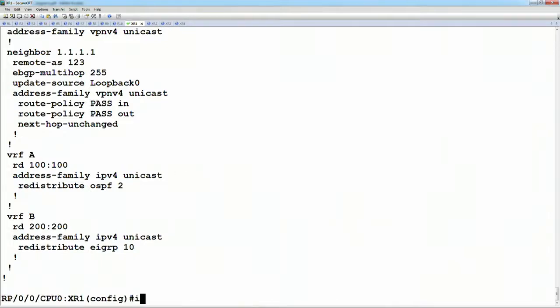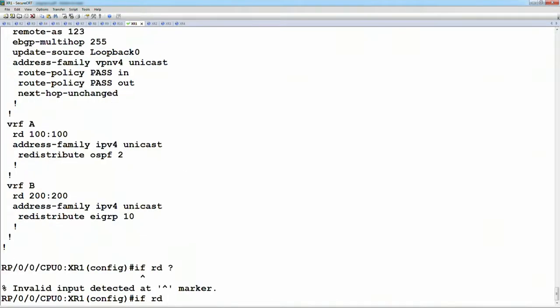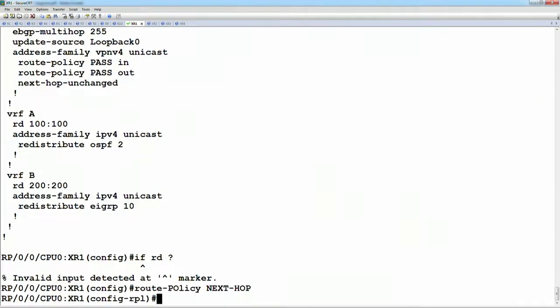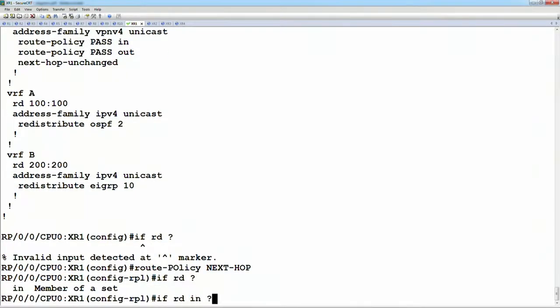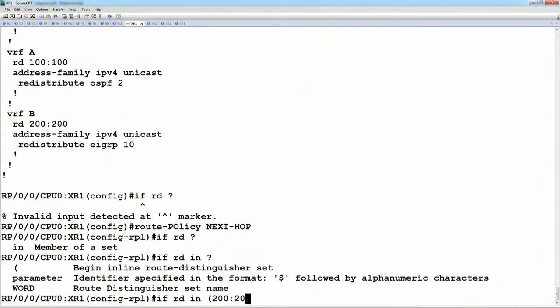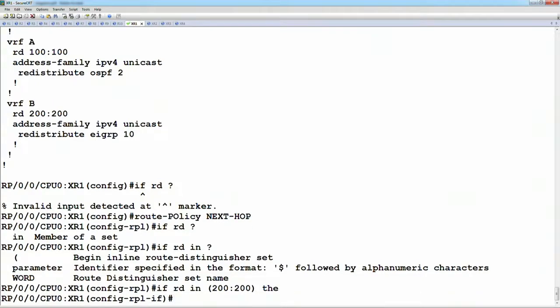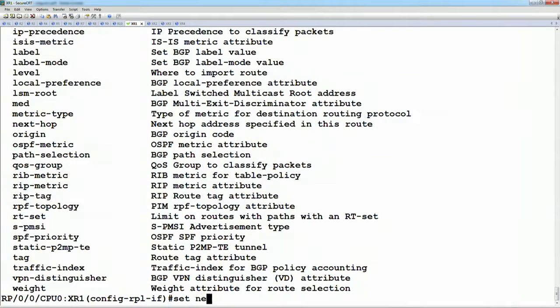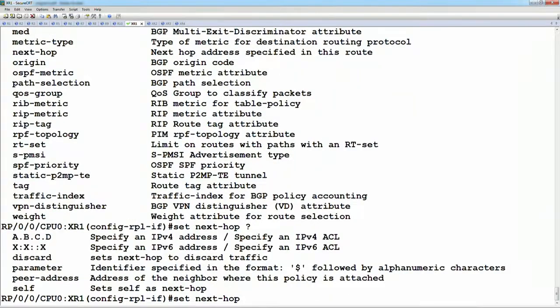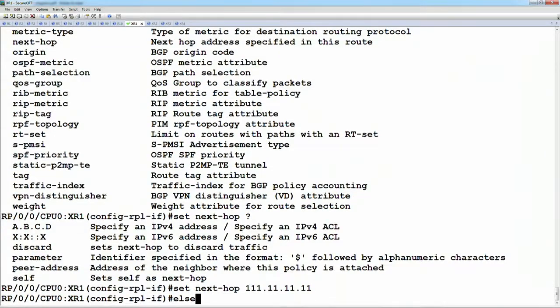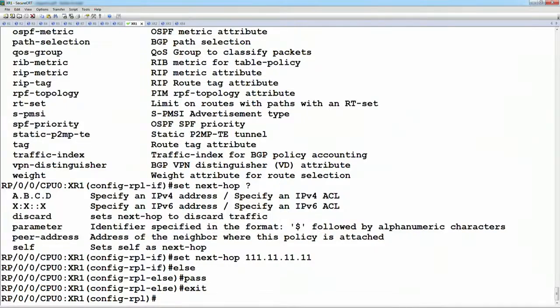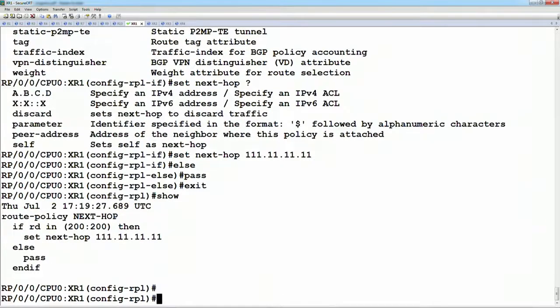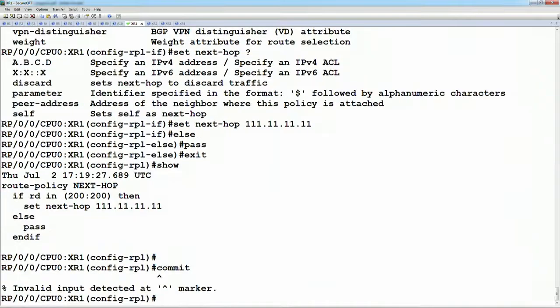Okay, so let's say if the RD is in 200:200, then set the next hop to 111.11.11.11, else pass. Okay, so let's commit this change, and then I'm also going to need to